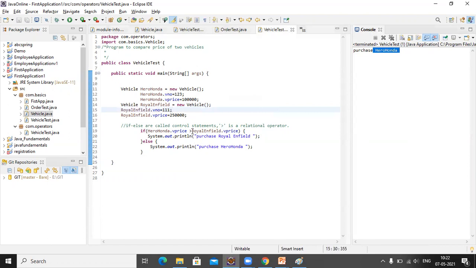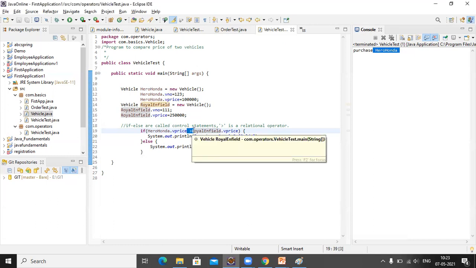Now, for example, if we want to purchase Royal Enfield, one second. Okay, so here, based on the assumption, we used the relational operator.